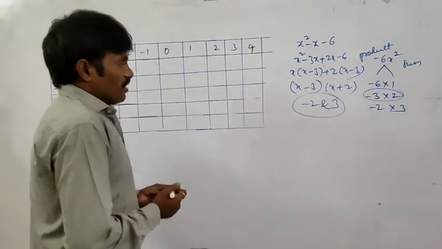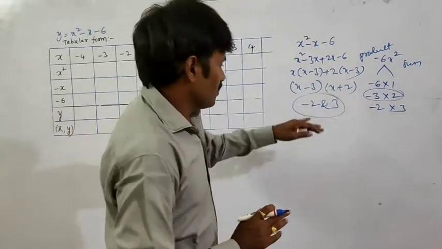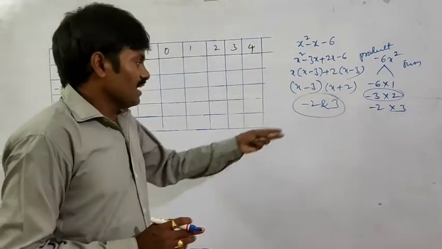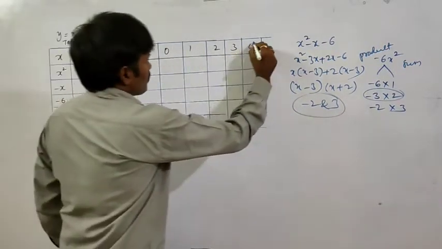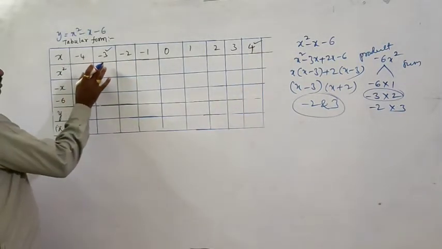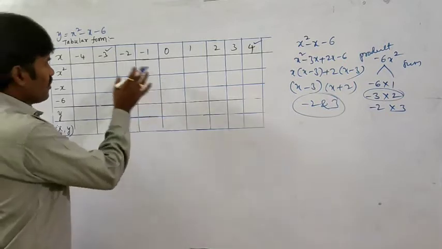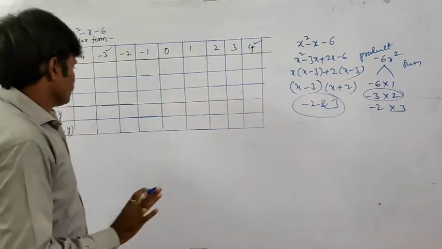But for our convenience, I have already found that our values are minus 2 and 3. So take one more value extra on either side. So that is minus 3 to plus 4 for our task. Many do not follow this method, but it is a very easy and convenient method.